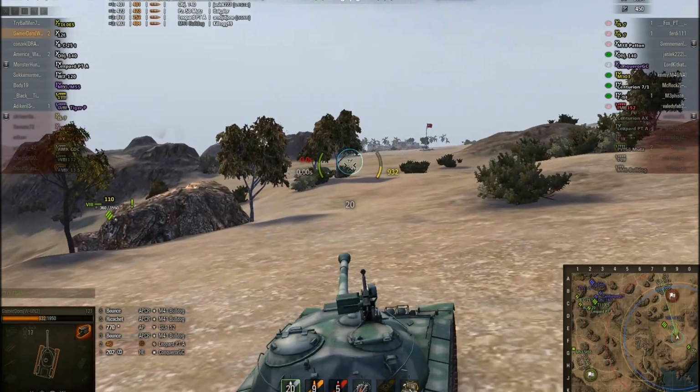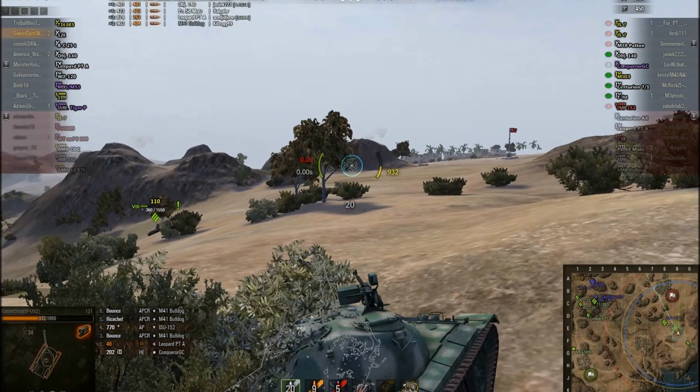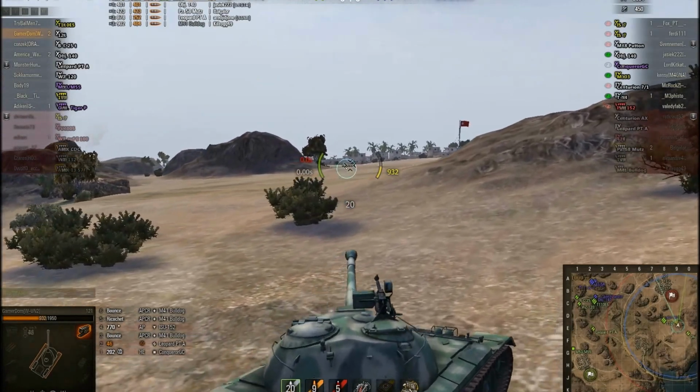So, what can we find up here? Where is that ISU? He's the one I'm worried about. I do not want him popping out on the side of me and putting a big shell in, because I've got 900 health only,